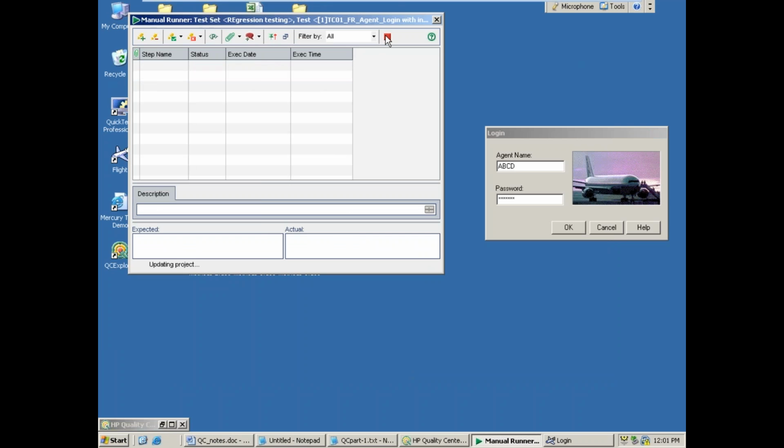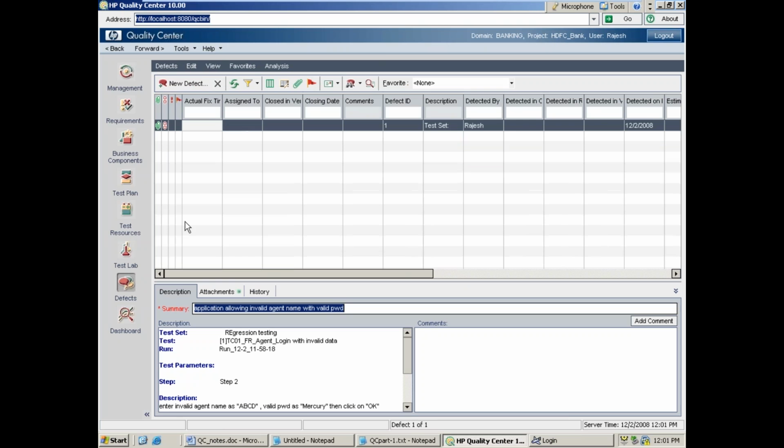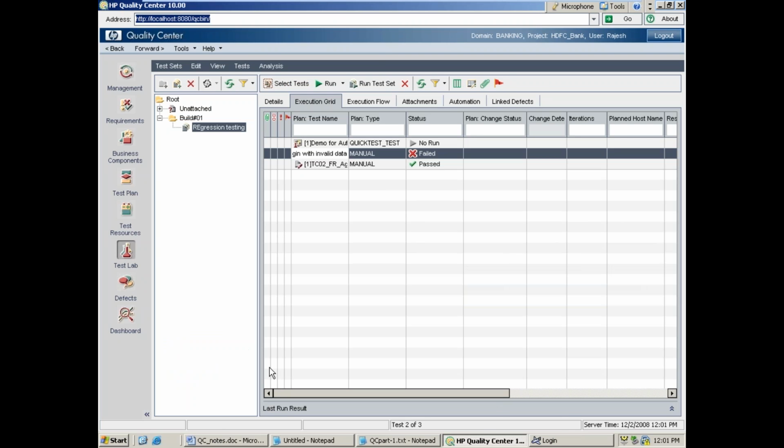Then end run. You go back to the defects here. You see one defect is there already, which you posted, like this. That is the way we can execute manual test cases. During execution, if you identify any defect, at the same time you can log the defect into your Quality Center. Then